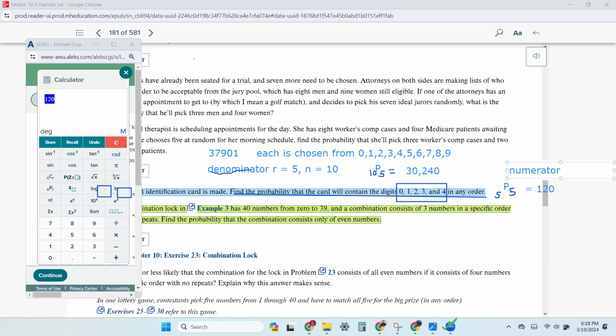So then in the calculator, we put these two together. We're going to put the 120 and divide it by the 30 40. So that is going to be rounded off to the third decimal place. So the 3 means we look to the right and it's a 9. So we're going to put this as,